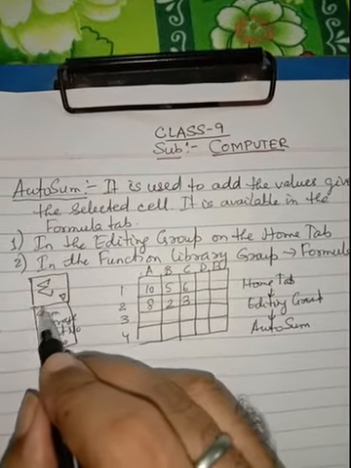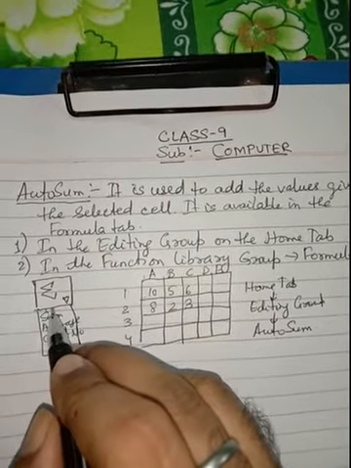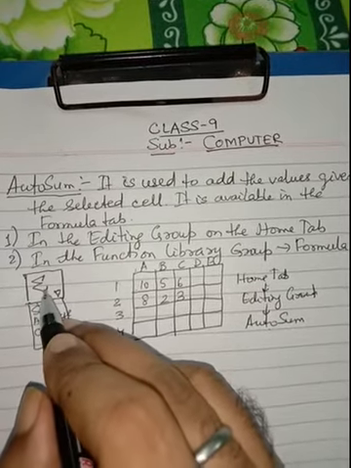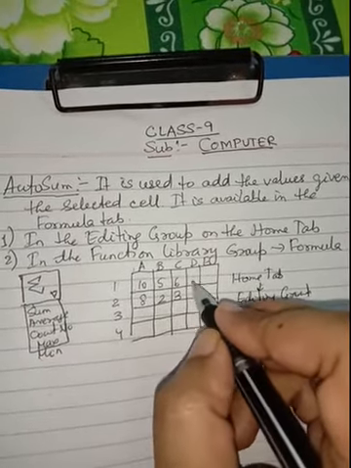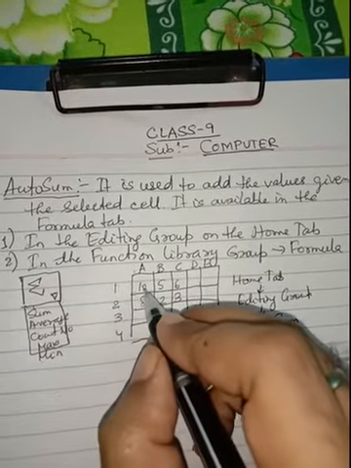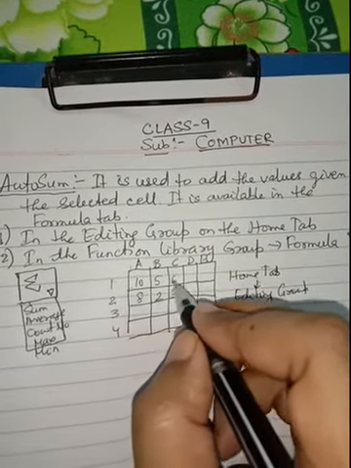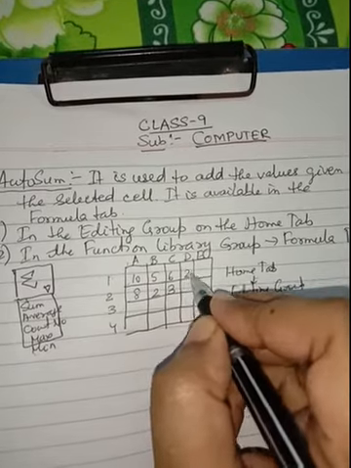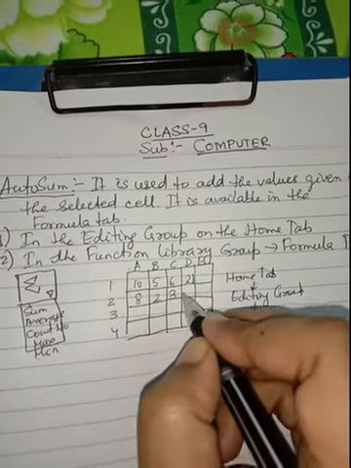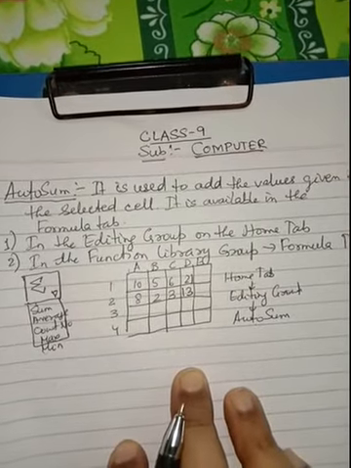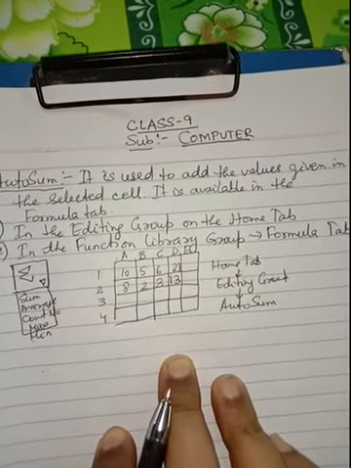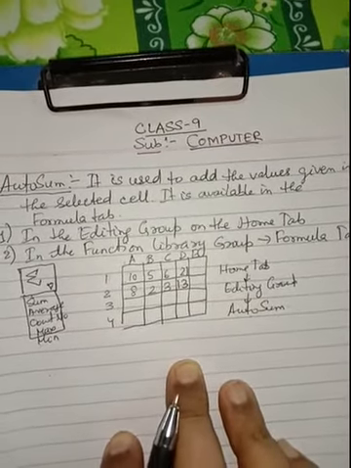As soon as the AutoSum button appears like this, I just have to make a single click. When I single click over here, I have selected these 2 blank rows also. So the sum 10 plus 5 is 15, plus 6 is 21, will be available over here, and 8 plus 2 is 10, plus 3 is 13, will be available over here. In this way we can use the AutoSum button in MS Excel.